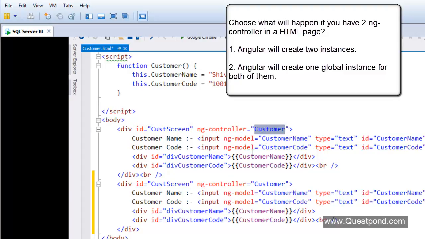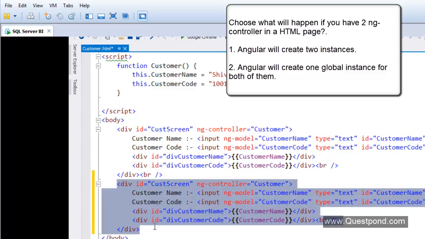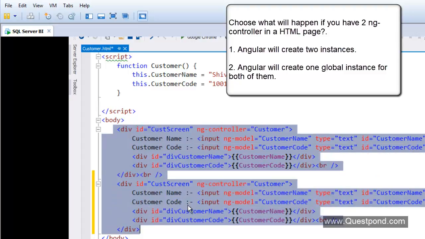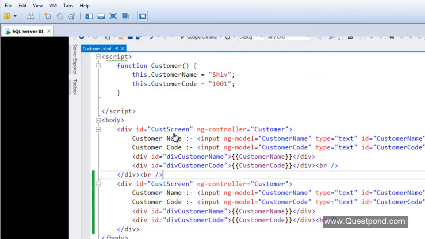So the question here is, will it create different instances and tie them to each div tag, or will it create one big instance and tie it to both the div tags? Think about it. What do you think? I will give you 5 seconds on this. So I know that the answer in your head would be two different instances,